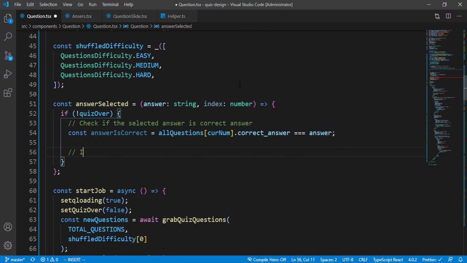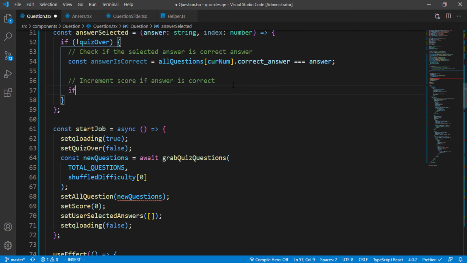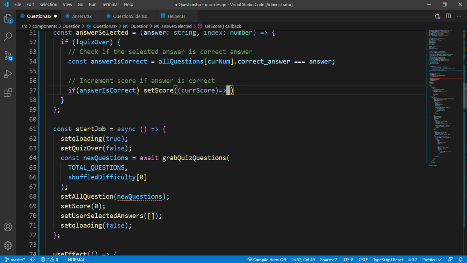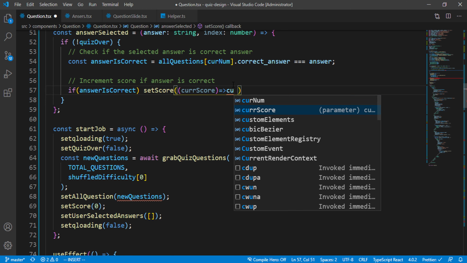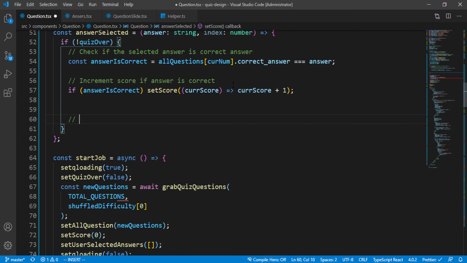Then we have to increment score if the answer is correct. So we can say if answer is correct, if that value is true, we have to set the score to, we can get the current score, and we can just take that callback. It's actually a number. You can just say the current score plus 1. So that's how we can calculate our score, and also save